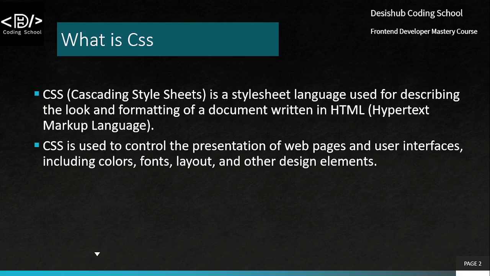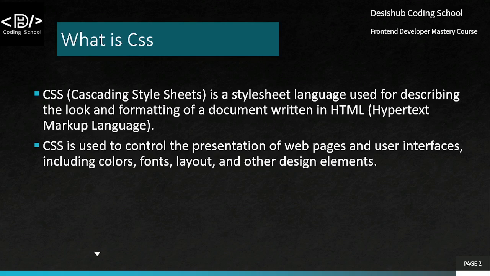It is what we use to describe the format and the look of the HTML. CSS is used to control the presentation of web pages and user interfaces, including colors, fonts, layout, and other design elements. We have already seen this, and we have used CSS in a number of ways. So we want to look at how we can enhance our CSS, taking it to the next level,